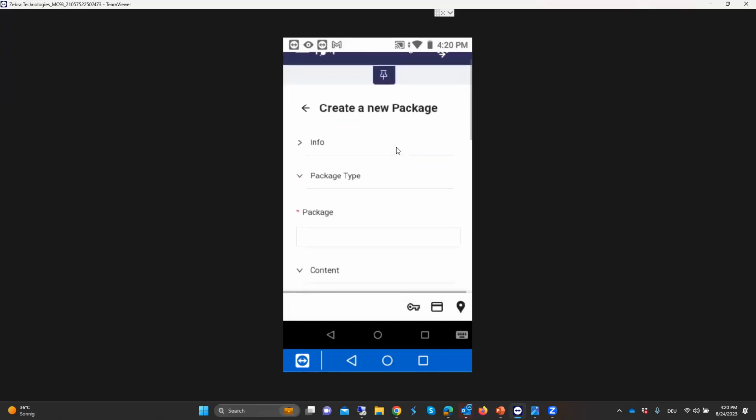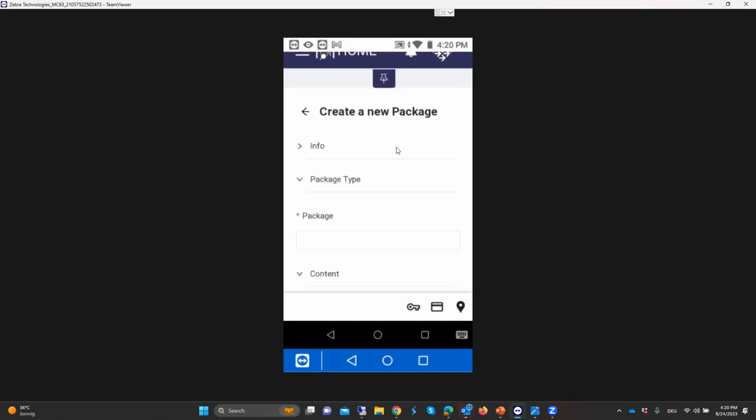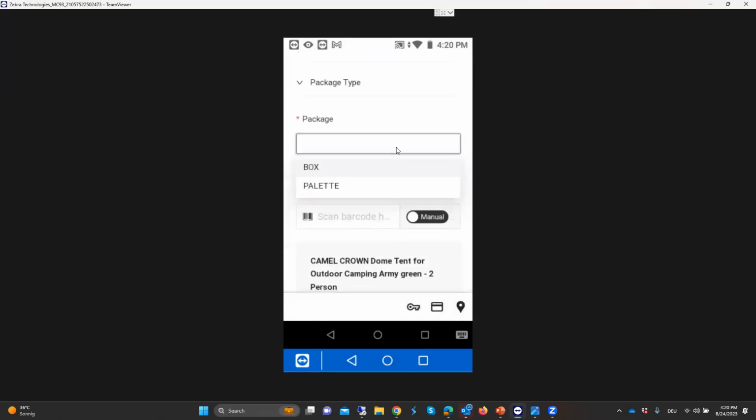Here we can select the package type, which is important. From here, in our demo, we have box, we have pallet. You can add different types of packaging. And when I start, as an example, packing a pallet, and this pallet takes up to 10 boxes, when I exceed